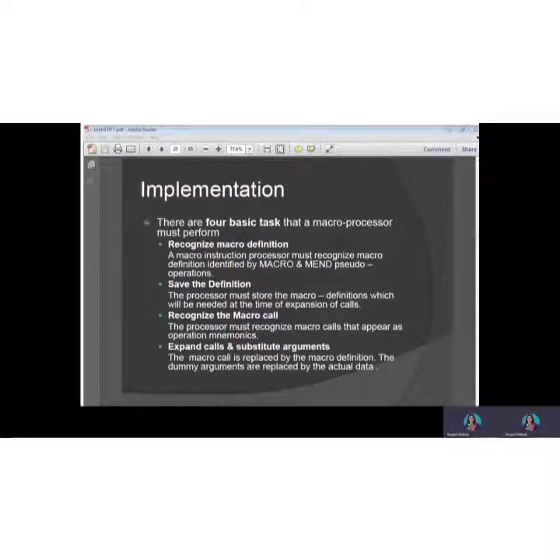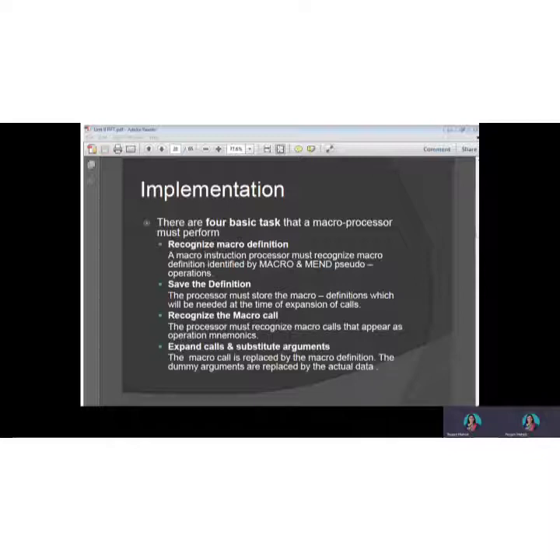Dear students, please remember there are four basic tasks that a macro processor performs. Once we know the basic task, the function the macro processor is performing, we are able to design the macro processor using an algorithm. So what are the four basic tasks? The first is to recognize the macro definition.